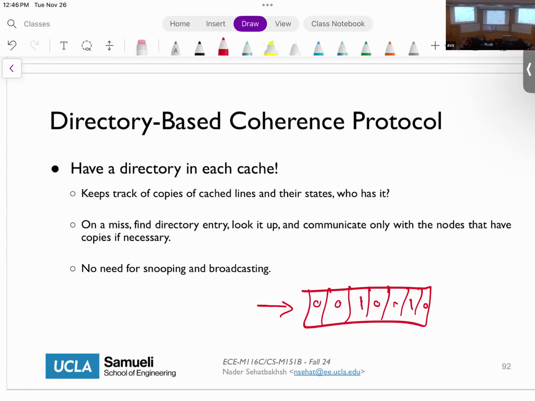So the question is, if the directory is in the memory, is it faster to just use the cache directly? Remember, this is kind of off the critical path. So for example, you read it from your cache, but then instead of broadcasting it to the bus, you go to the directory and update the directory. Or if you issue a write, you go to the memory and do that. So for interaction with the CPU, you still use the cache. For updating and snooping, you do it this way.